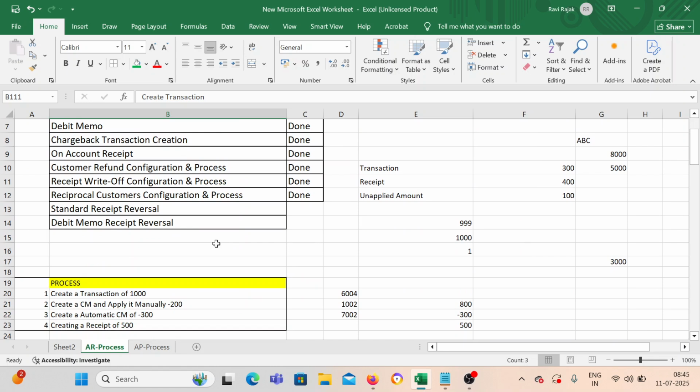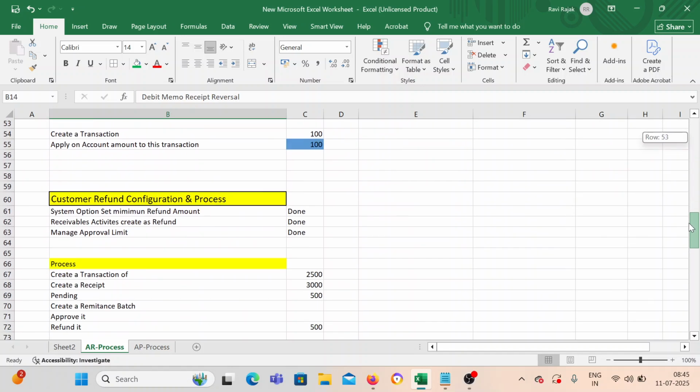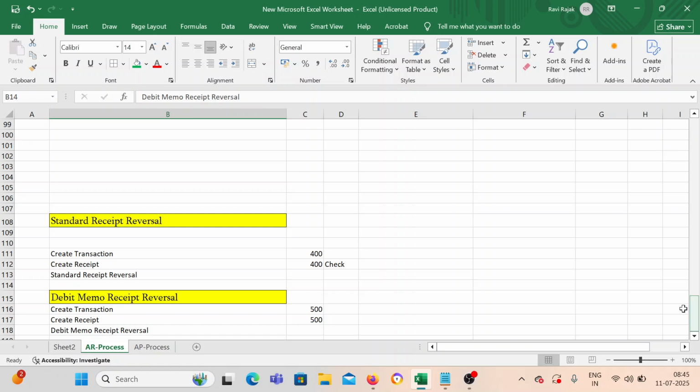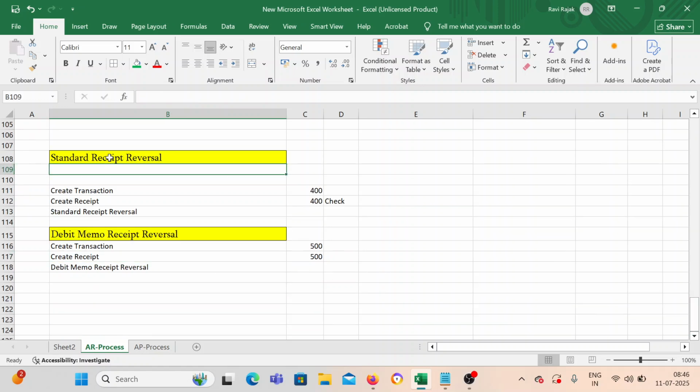In today's topic, I'm going to cover what is standard receipt reversal and what is debit memo receipt reversal. So, let me give it a brief first before we jump into the system. Forget about standard or debit memo, but the reversal will come into the picture